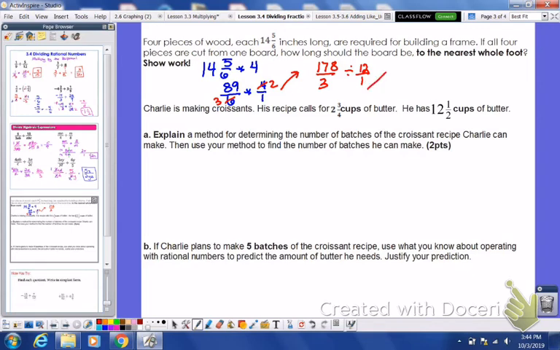So that takes us to 178 over 3 times 1 over 12. And I know that 178 and 12 are both divisible by 2. 178 divided by 2 is 89. 12 divided by 2 is 6. So we have 89